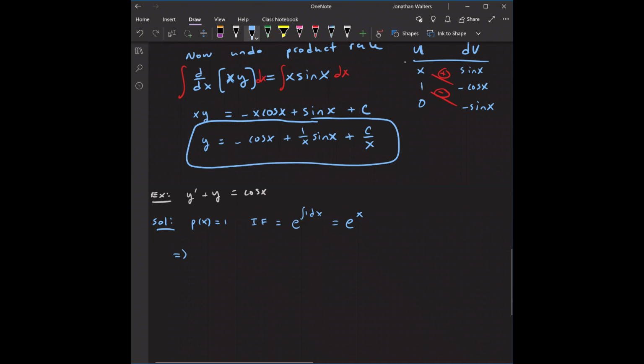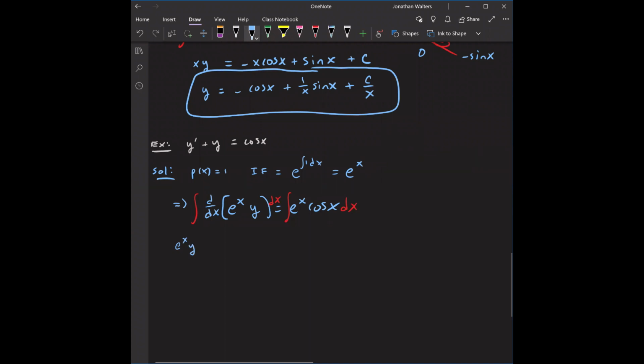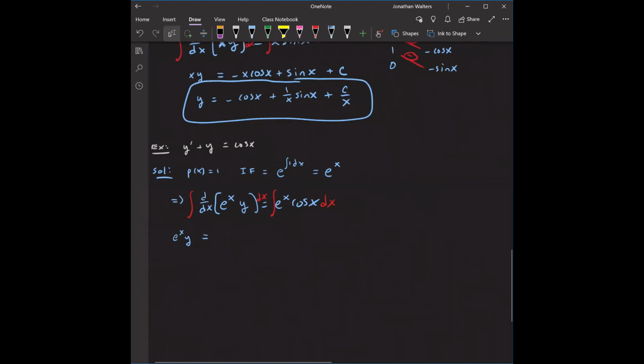So we get d by dx of e to the x y equals e to the x cosine x. I just kind of do it all in one step. The more comfortable I get with the process, you multiply the whole equation. It's always going to become d by dx of the integrating factor times y, and then the right-hand side multiplied by your integrating factor. All right, so now we integrate both sides with respect to x. On the left, we just get e to the x y. On the right, we have the integral of e to the x cosine x dx,